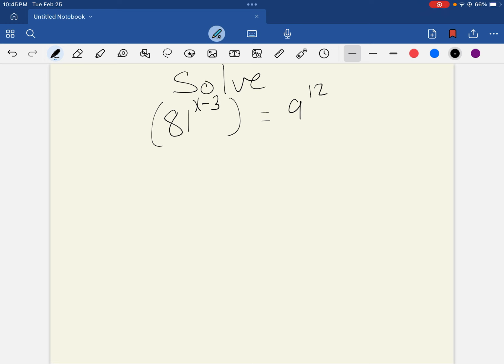Hey, in this video, we are going to go through how we would solve this equation. I am assuming that you can solve these equations when the bases are the same. What I mean is, as we look at this,